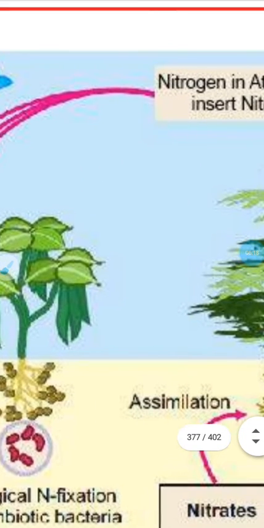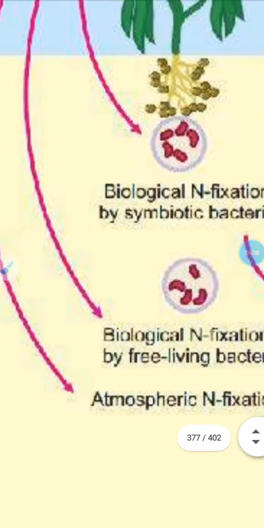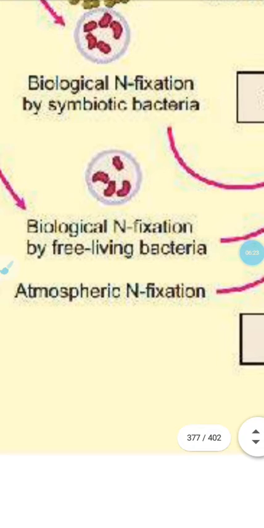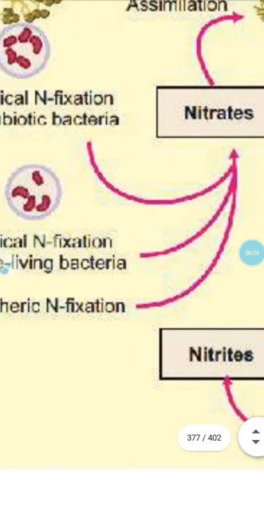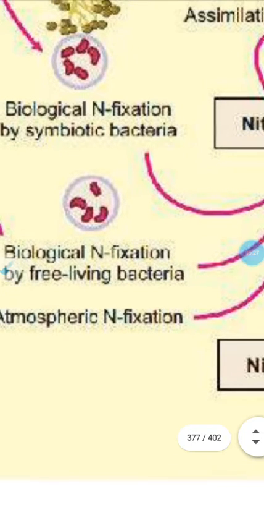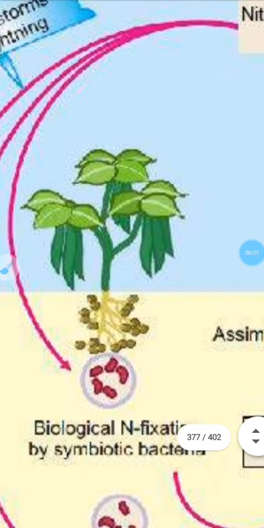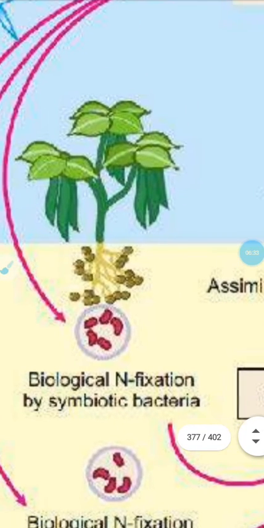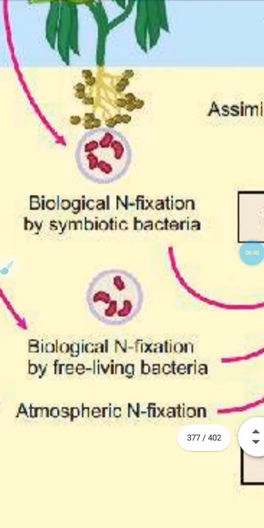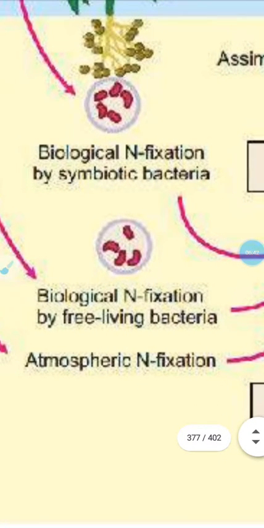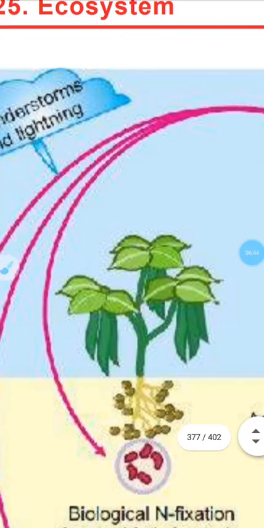My dear students, forget that thing to convert the nitrogen into ammonia here in this case directly from the atmosphere. For easier understanding, nitrogen goes directly to nitrate by nitrogen fixation, but you must remember that there are two ways of nitrogen fixation directly from atmospheric nitrogen. One is biological nitrogen fixation by the symbiotic bacteria in the root nodules of the family Leguminosae, and by free living bacteria, and one is atmospheric nitrogen fixation which takes place by lightning and the